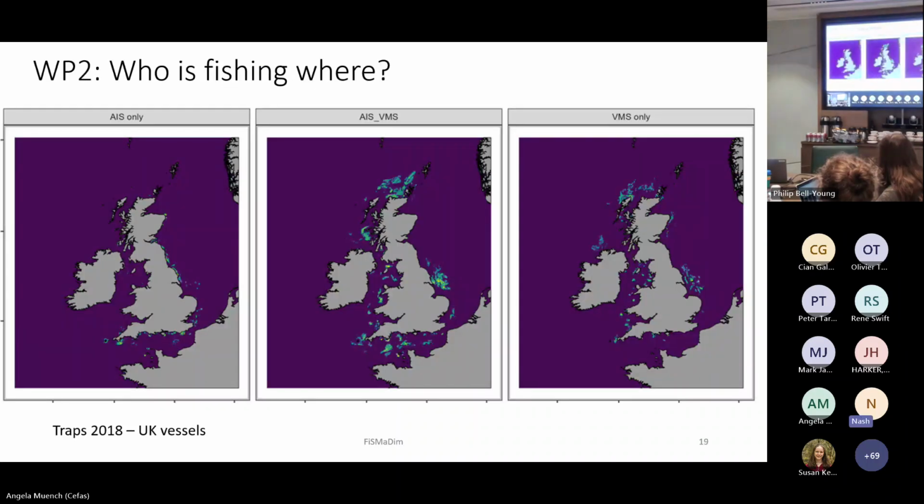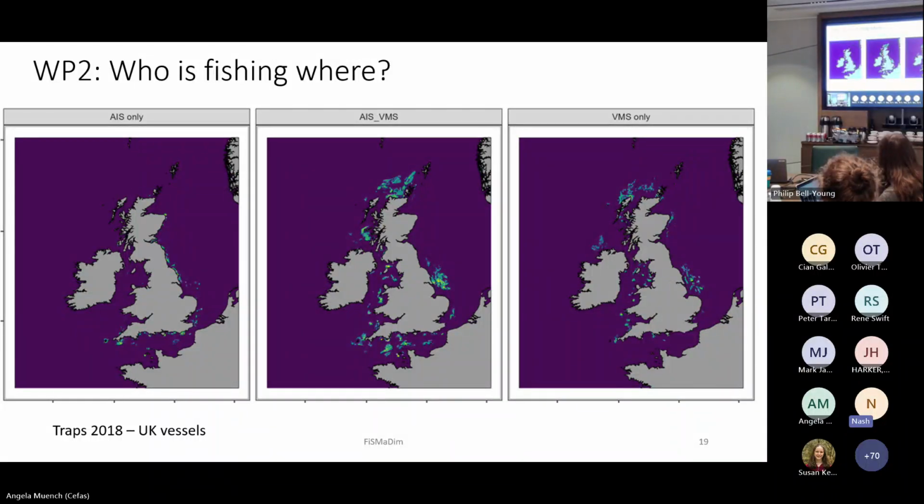So just to give you an example of what that means spatially, on the left-hand side, you can see a map with only AIS data. So you can see some new data where we only had data from the AIS devices mapped. And in the center of the figure, you can see AIS and VMS. So it's the VMS data augmented with information from AIS.